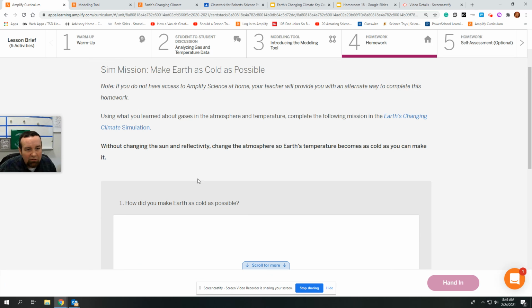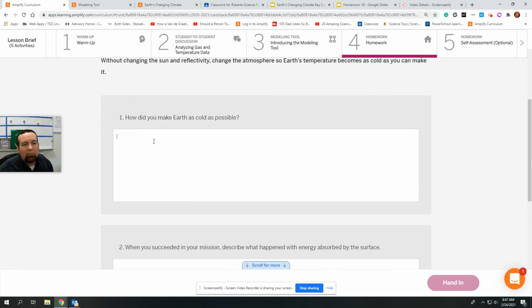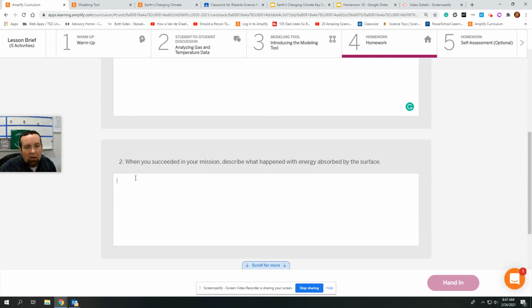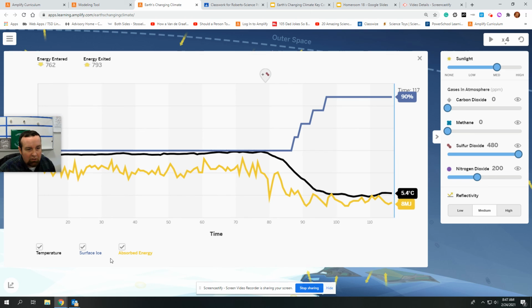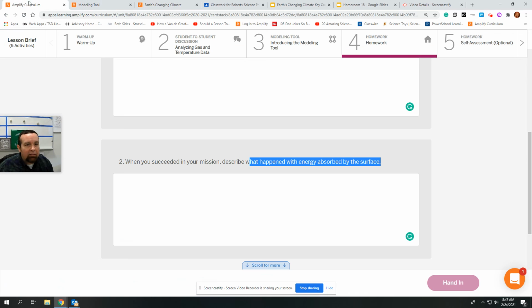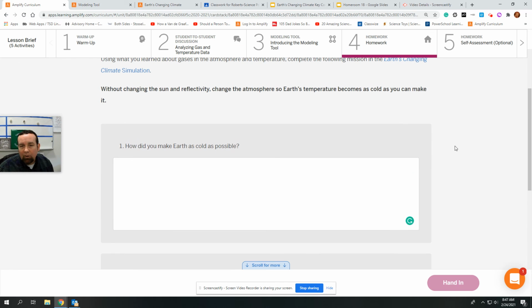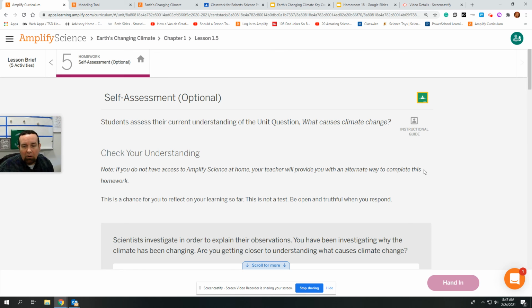I think we need to take a screenshot. Yeah, take a screenshot of that. How did you make it happen? What gases did you use? When you succeeded, describe what happened with the energy absorbed by the surface. So you can look at your chart, see energy absorbed, and that little yellow line is going bye bye. All right, friends. Let's see. I think that's it, because for your homework for part 5 over here, we're skipping that part and rolling right into the